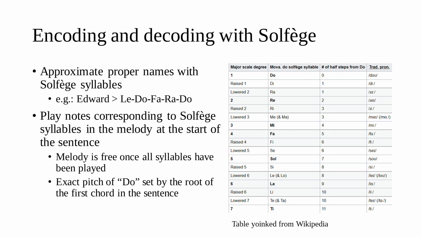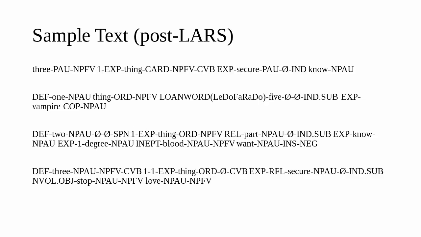All solfege syllables are lined up in the order in which they appear in the sentence. The definition of do is set to the note selected for the root of the first chord in the sentence, and then the pitches are played in the melody in order, after which the melody can be anything the composer wants. The numbers attached to proper nouns are key to understanding how many notes you have to pay attention to